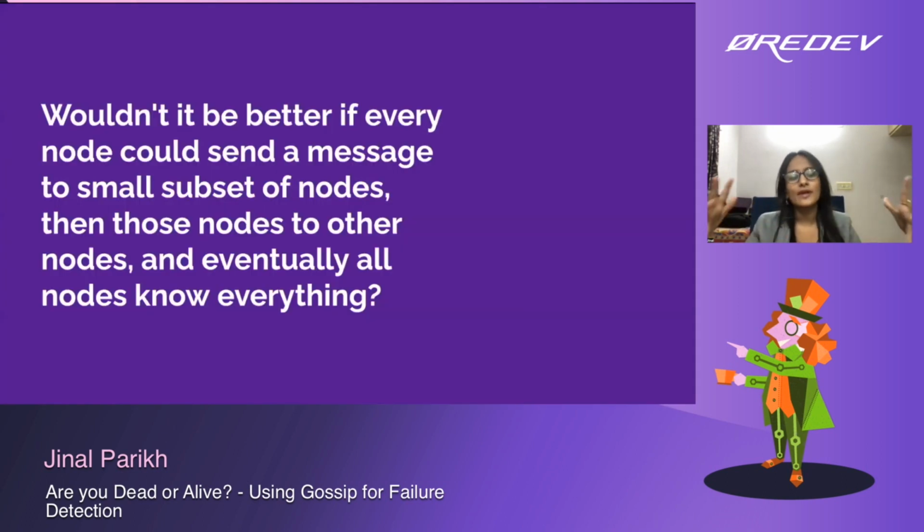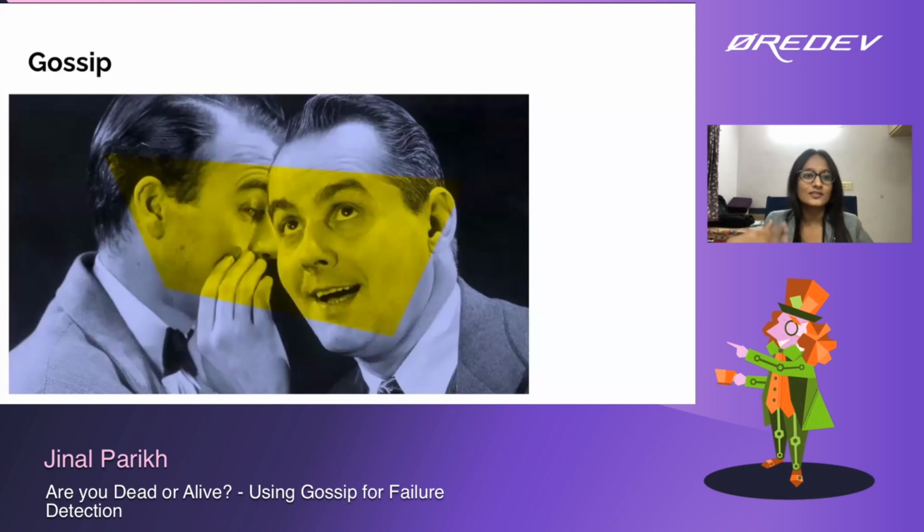So wouldn't it be better if every node could send a message to a smaller subset of nodes, and then those nodes to other nodes, and eventually all nodes just know everything? Basically, rather than relying on centralized nodes, what if the nodes themselves were sharing information and eventually everyone knows everything? This is nothing but gossip. This is called the gossip protocol, which works exactly like gossip